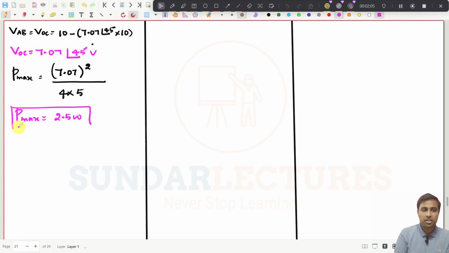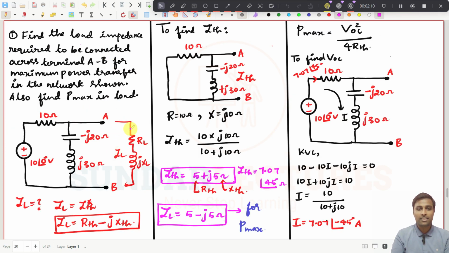What is the question asked to us? We have to find the resistor or impedance connected between points A and B so that the maximum power can be transferred through this impedance, and we know that ZL should be RTH minus JXTH. This one we have already seen. To transfer maximum power, your load impedance should be the complex conjugate of the Thevenin's impedance or equivalent impedance in the circuit. And we have found ZTH, and we have written ZL,